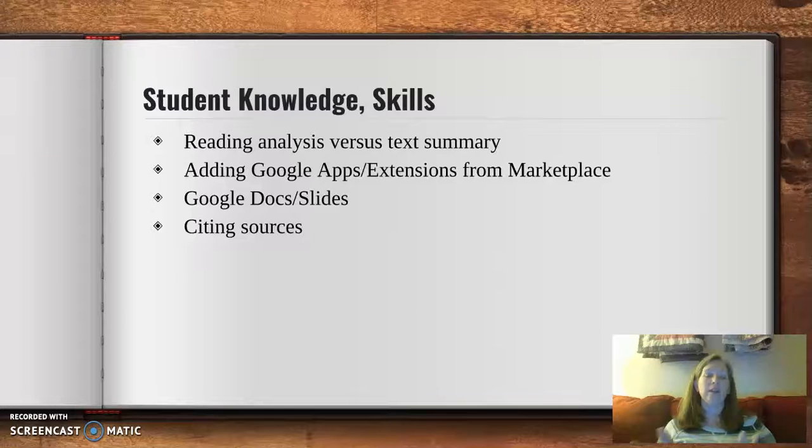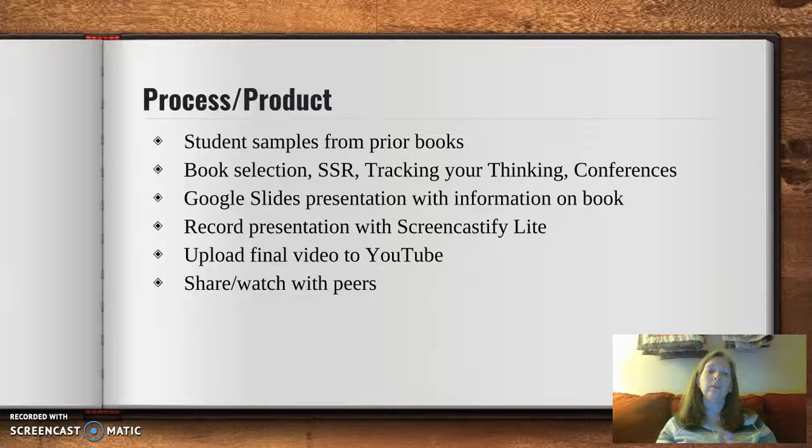Google Docs, they've done a fantastic job utilizing the value of those. We've done a few occasional Google Slides, but I know that they're using them in other classes as well. And then we're continuing to work on citing sources and being able to make sure that they have that information correct. So the process and the product will go through providing student samples of prior books,